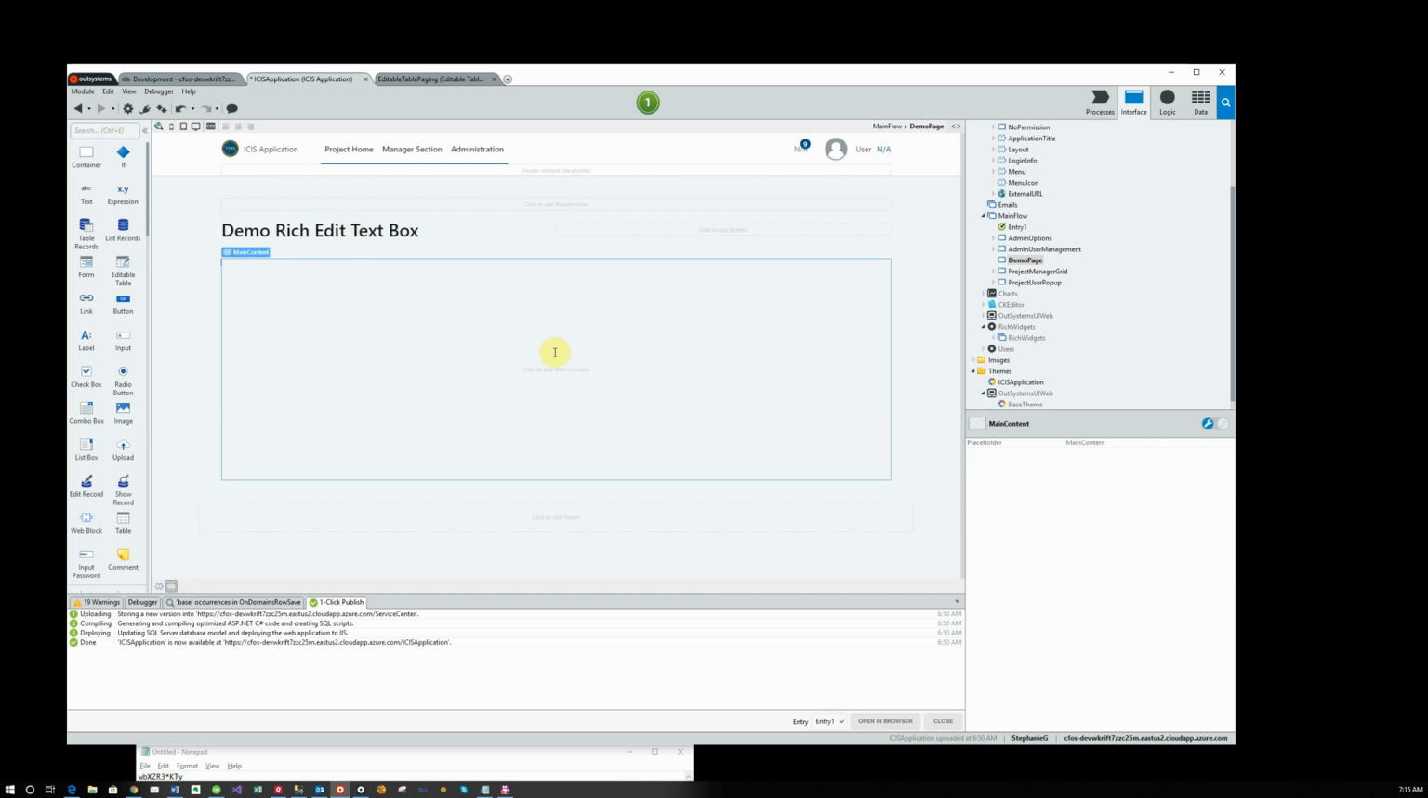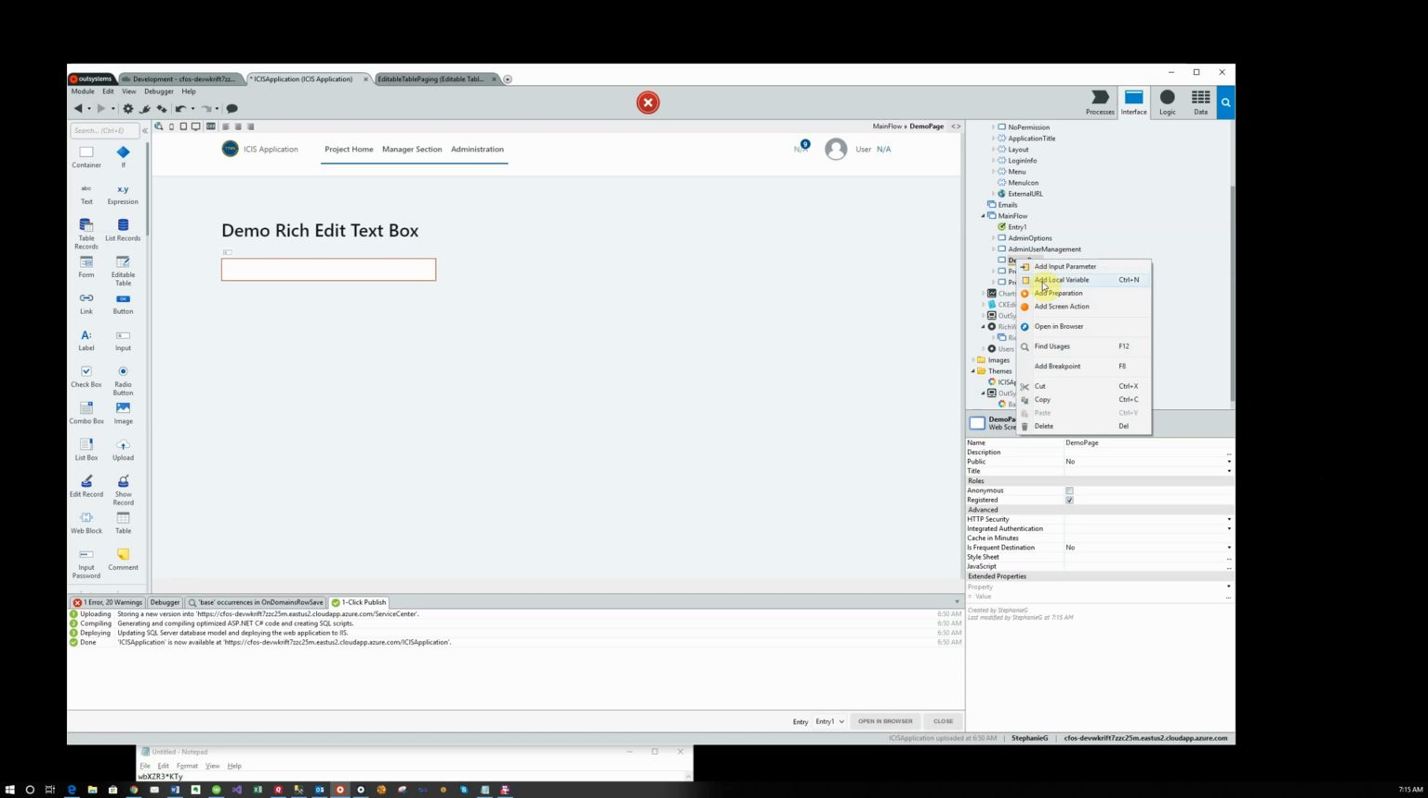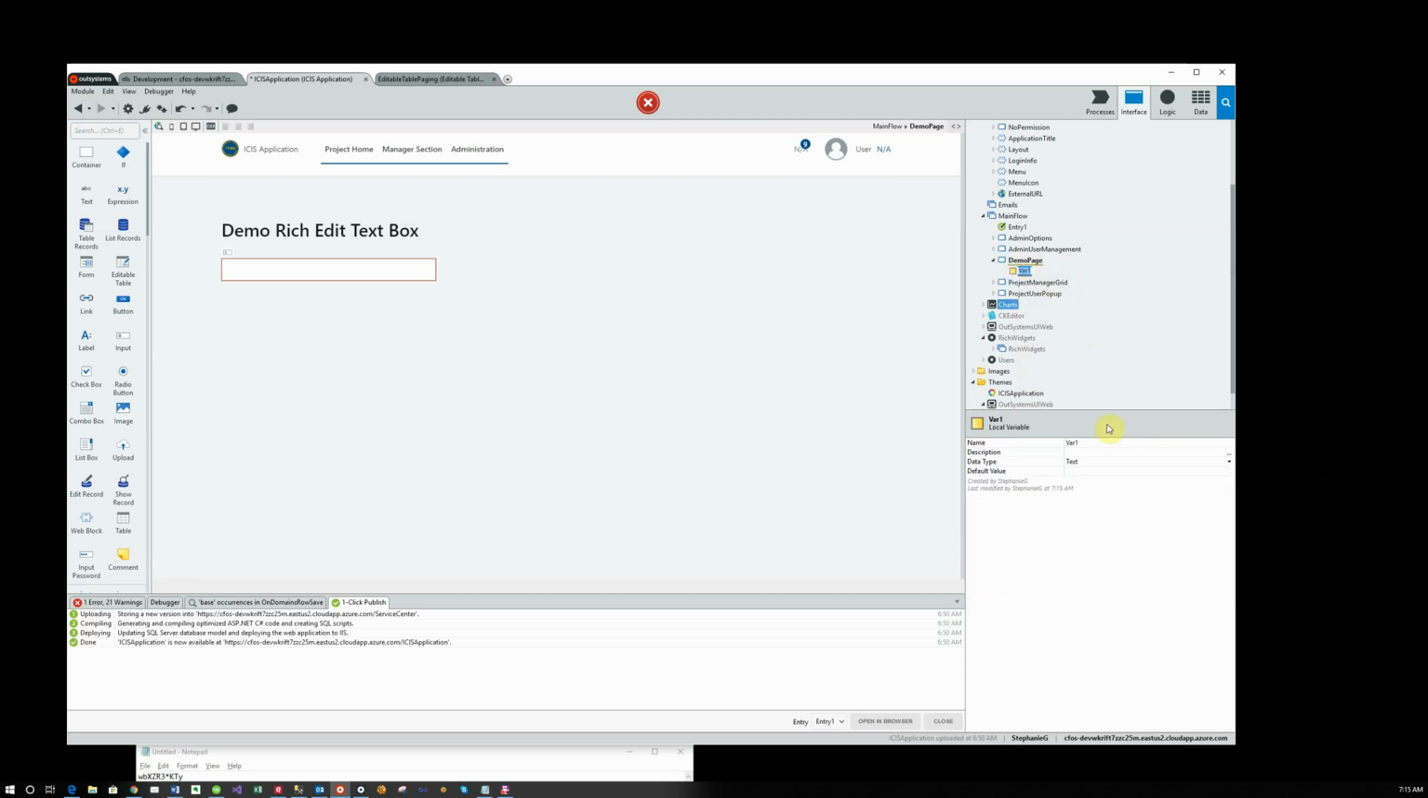And for every control that we put on the page, I'll just put first an input control right now, which will be a text box. Notice that it comes up with an error on it because we don't have it associated with a variable. Now we have no variables in this screen at all, and that's a problem that we'd have to resolve with this. So the first thing I'm going to do is add a local variable,